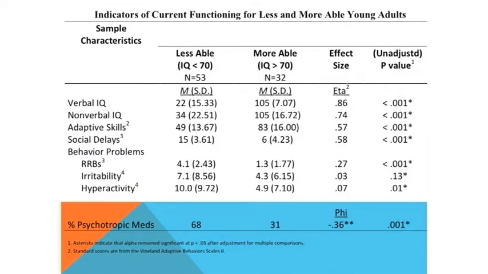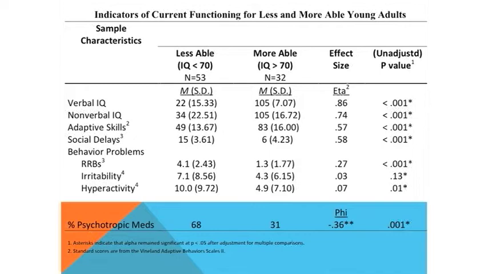But when you look at this, this is not a sample where we're cutting at IQ of 70, where the mean IQ of the kids below 70 is 65 and above 70 is 75. If you look at the verbal IQ of the kids below 70, they are very low. And part of this is the measures. We have to end up using preschool measures to assess their language because they can't do more. But our more able group are really average intelligence or really above. Our less able group are quite severely intellectually disabled.